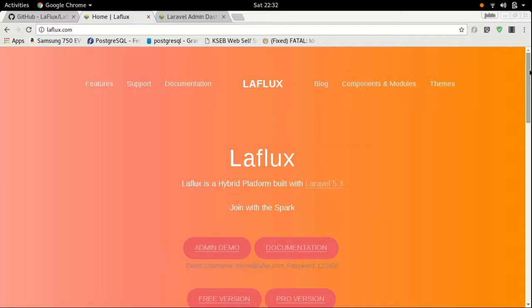You may need a few more components like menu manager, pages, or module manager, some easy stuff like that, but you are not interested in using the entire CMS and all its folder structures you have to follow, and coding standards or extension patterns. You may not be interested in following those for your applications. In that case Laflux is a perfect fit. For next level hybrid, next level rapid application development, Laflux is the best choice